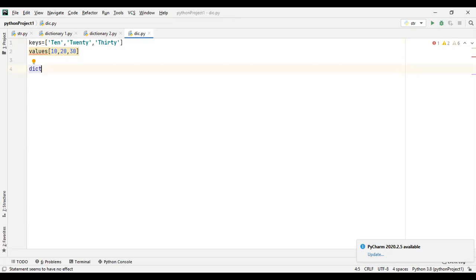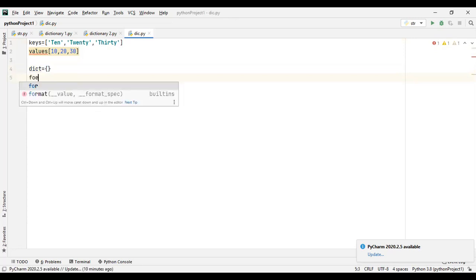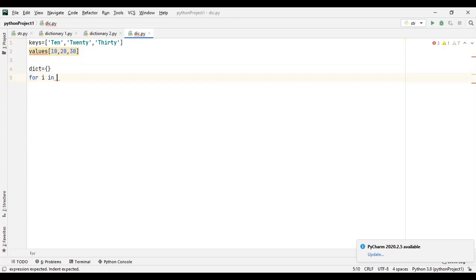So I can say, first let's make it a dictionary. So I made it a dictionary. Now I am saying for I in keys.